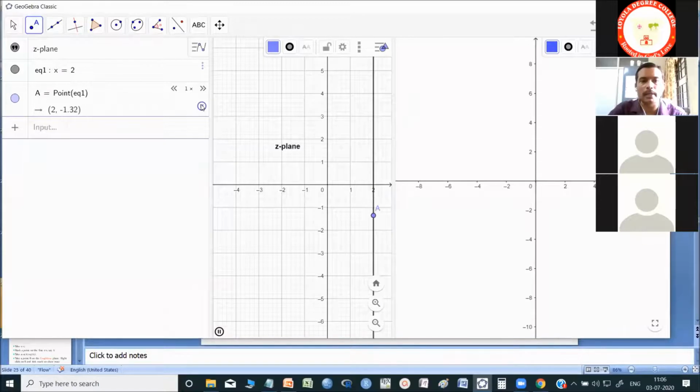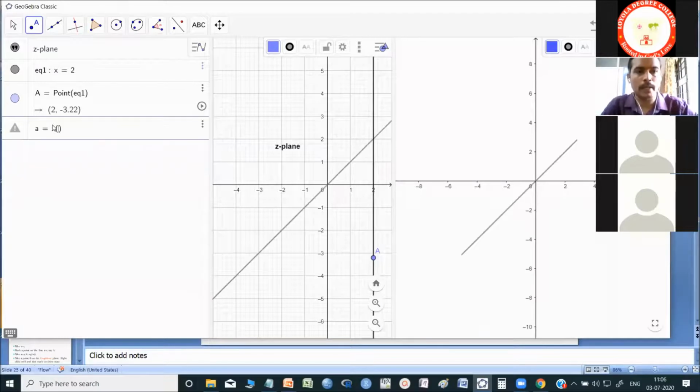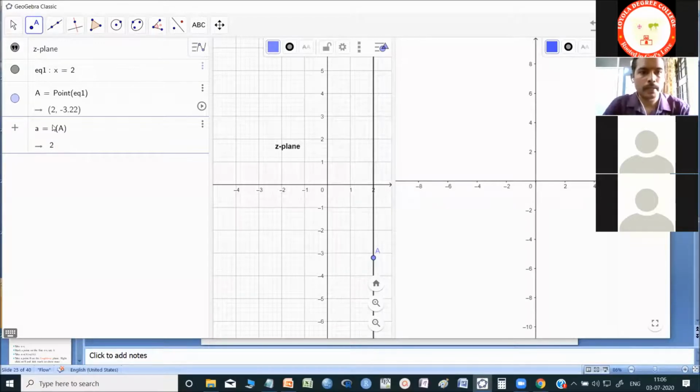I will make the coordinate of this point A a complex number: small a is equal to x of capital A plus y of capital A times i. That is done now.